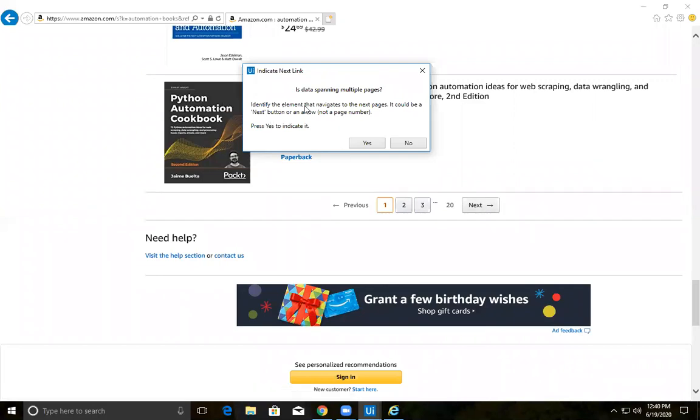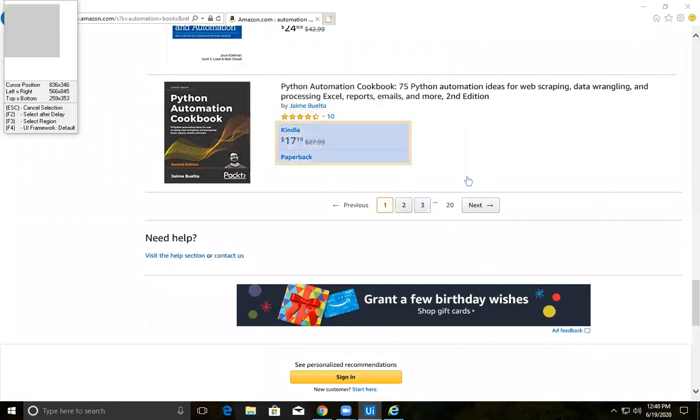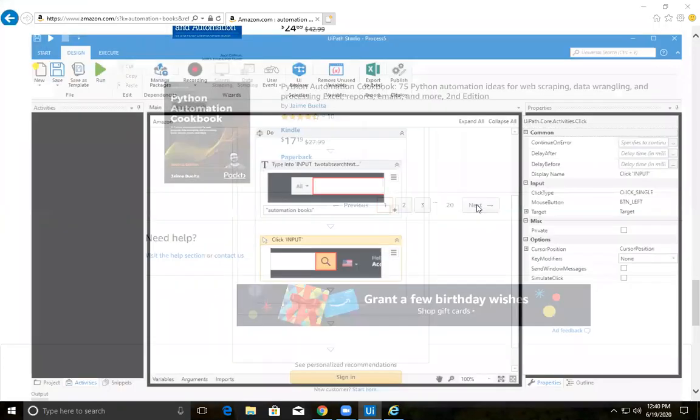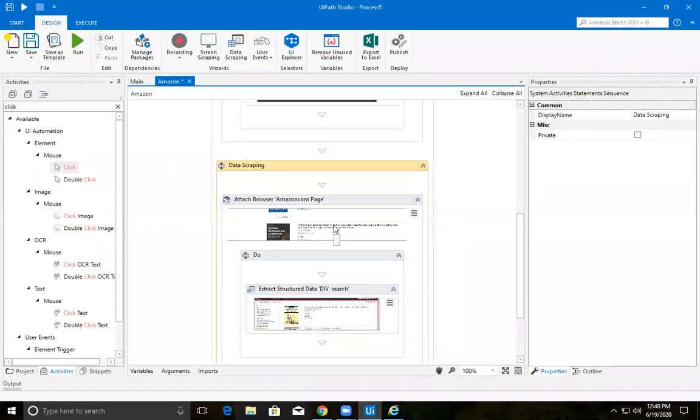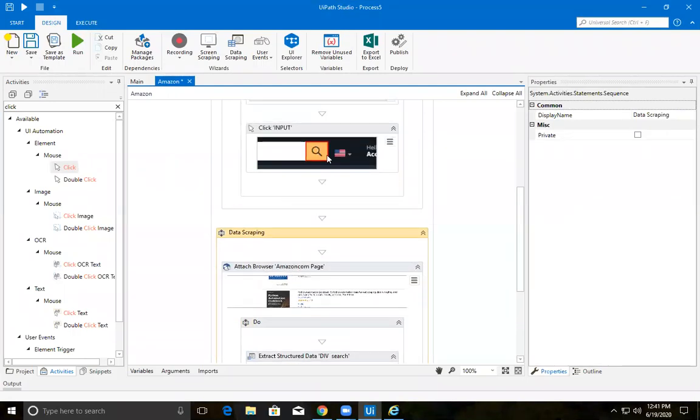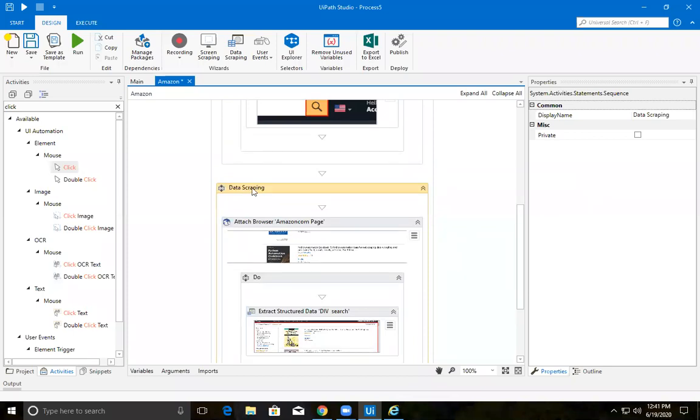Yes, we want navigation within all the pages. I will click on yes and it will ask you to select this button. So I need to select this next. Done, everything has been done within this. So we are opening a browser and doing this entirely in data scraping.